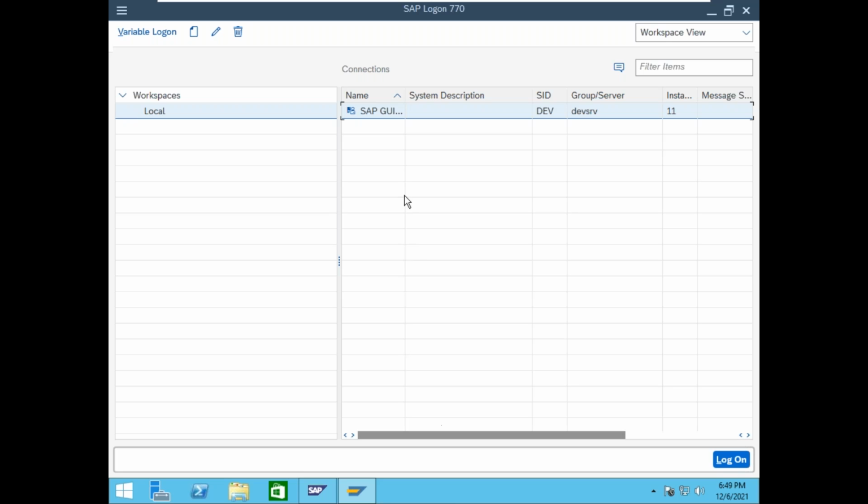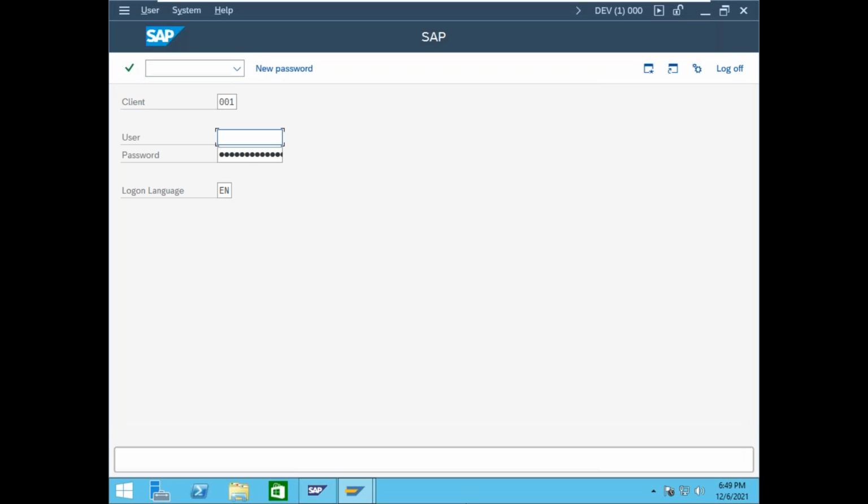The second post installation step is you want to create your own user, a named user. Why? We have SAP Star and DDIC, two users. The two users have full authorization. But why do I want to create a user here? Because DDIC and SAP Star are not supported for customizing and development related tasks. That's why you want to create your own user. So in post installation, in the starting only, you want to create your own user.